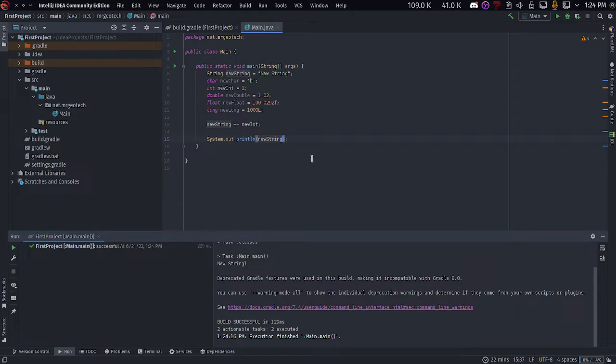You can also add strings together, and it works the same way. It's pretty self-explanatory, and so the other thing is the different types of operations that you can do. So let's create the second new int again. So what you can do is